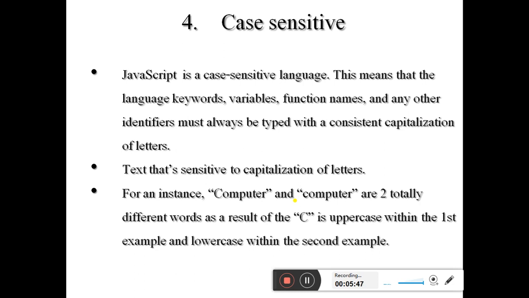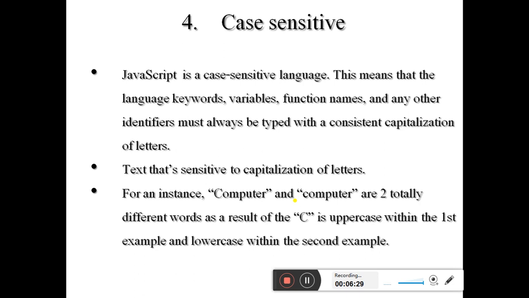If you use capital and small letters, these are two different things.